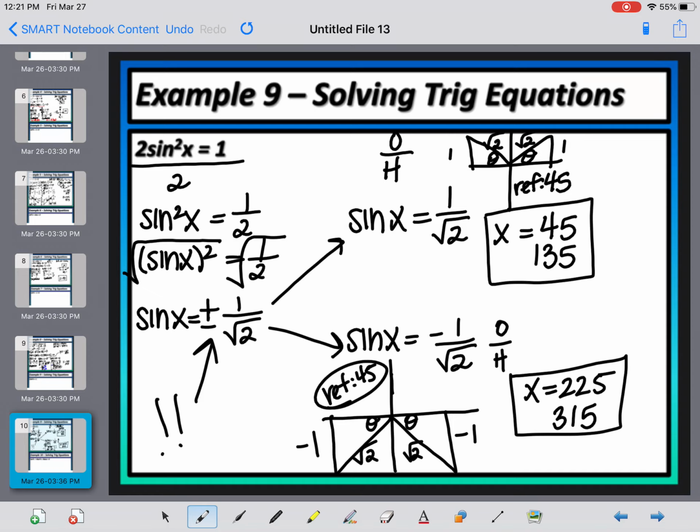Okay, now that we've solved all of these by hand, meaning finding the theta by hand, I want you to go back and look at the complete trig chart that is posted in Classroom. Okay, from here on out, you will be able to use that chart instead of having to solve these problems by hand, meaning all of this work over here, where you have to use all students take calculus, you will be able to look up 1 over root 2 in the chart in the sine row and follow it up